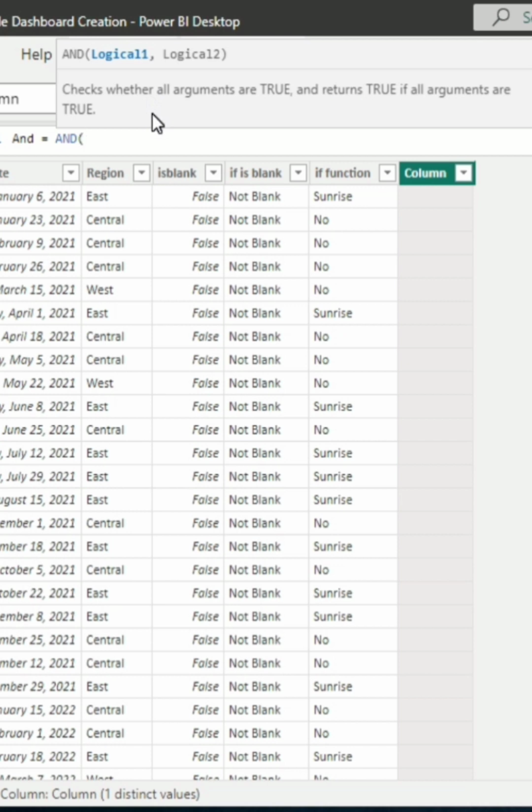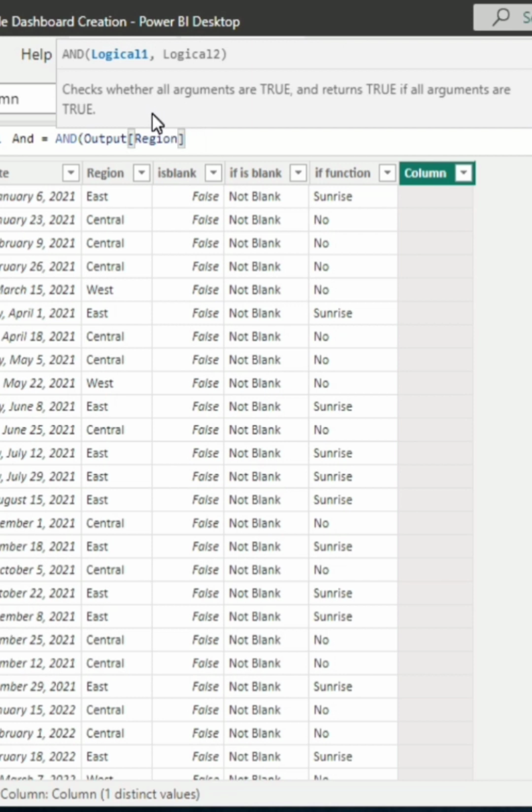which means ideally whatever logicals you are providing, it checks both the logics, and both values should be true, then it will give you the result as true, or else it will be false. Okay, so now the first logic I'm going to give is to check in our region whether it is east or not. So I'm just typing region is equal to,